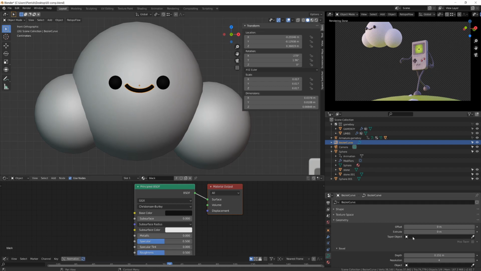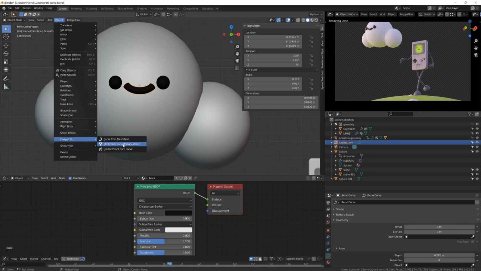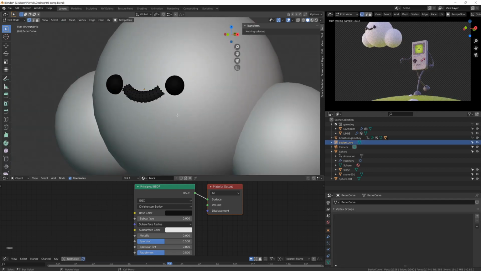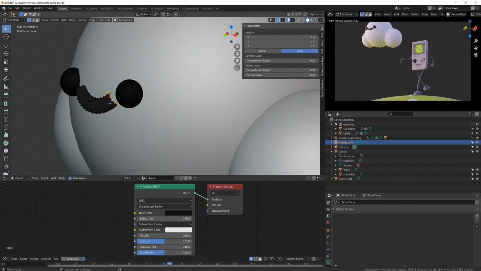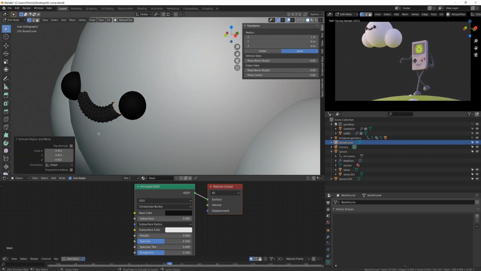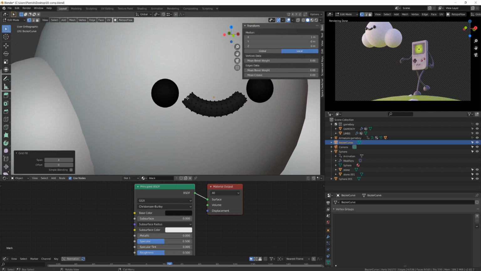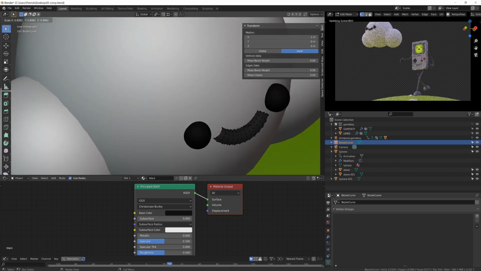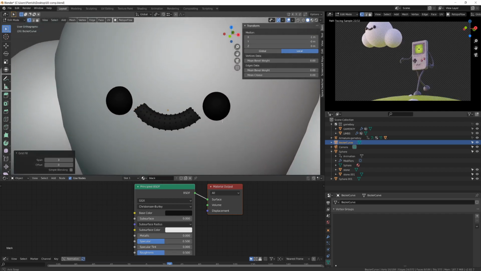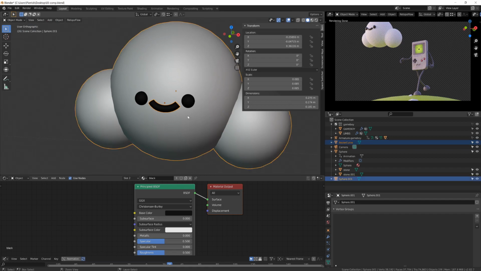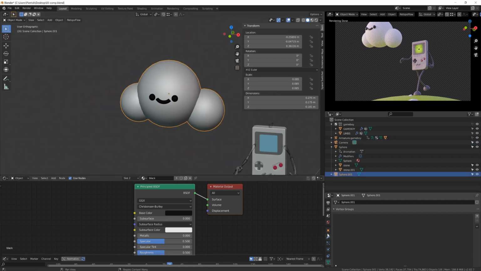Converting the curve to a mesh object will allow us to merge it with the cloud shape. So I will go to Object, Convert to, Mesh from Curve. From there, we can go into edit mode, select the different caps, extrude and scale down, and then create a grid fill on each extremity. Then back in object mode, I will select the smile, then the cloud, and press Ctrl J to merge them